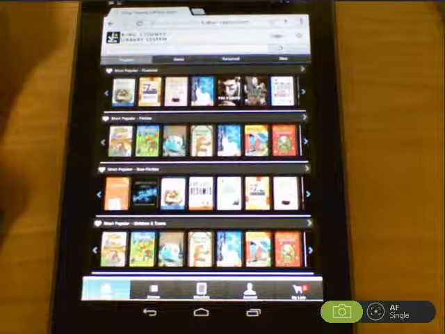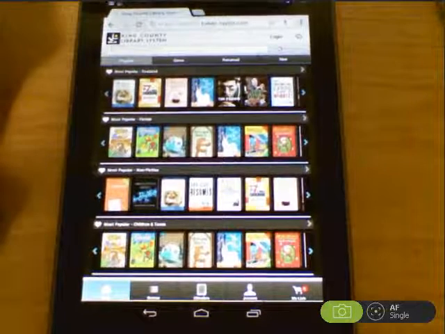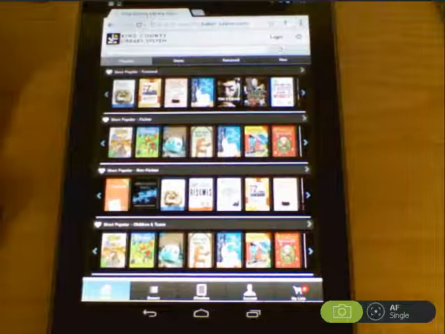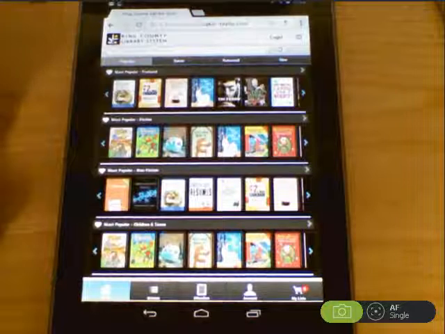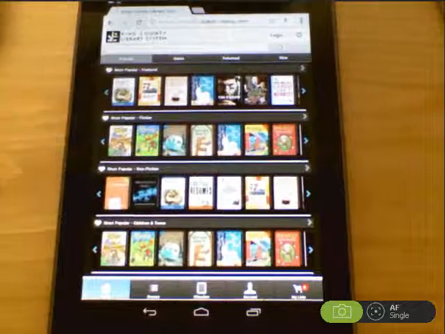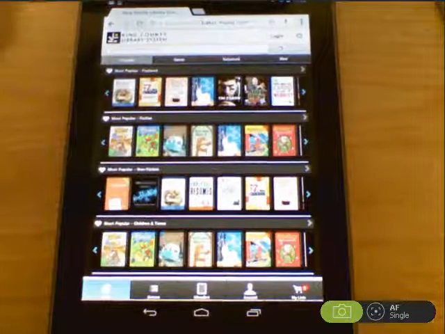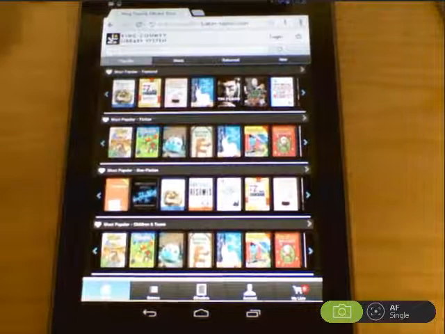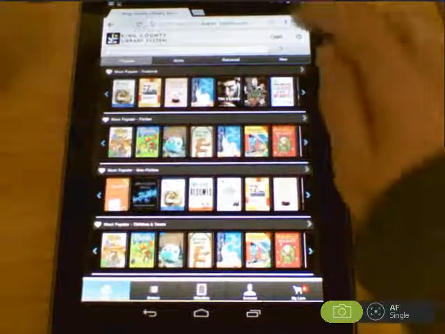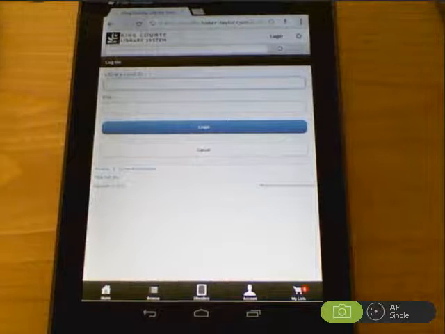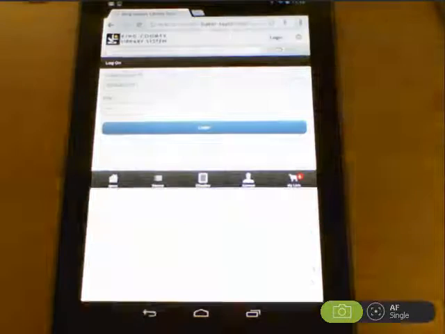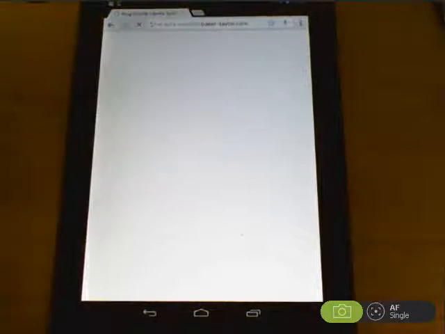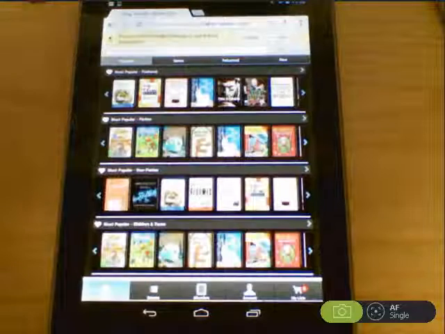With that one-step setup completed of installing the Blio Reader, I've now gone to my public library through my browser on the Nexus 7, which in this case is Chrome, and I've accessed my library, and you see that it brings up the shelf of all of the available books. I need to log in. So here I'll put in my library card and PIN. And I log into my library account,